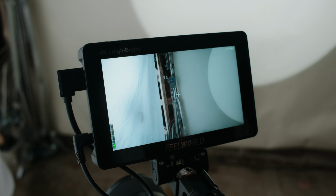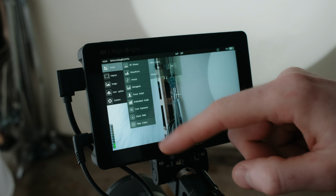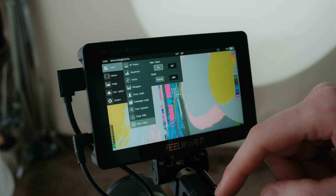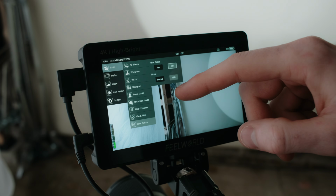And it was on this project that I actually got to start testing out a new camera monitor. It is the FeelWorld F5 Pro X, and there are 2 main pros why I was even interested in this monitor, and I'm going to talk about those real quick, just some quick pros and cons. The big 2 are it is 3 times brighter than my Andy Cine A6 Plus V2, so when I'm filming outside, huge plus. And then it does accept a 6K clean feed from the X-H2S, so you can send OpenGate